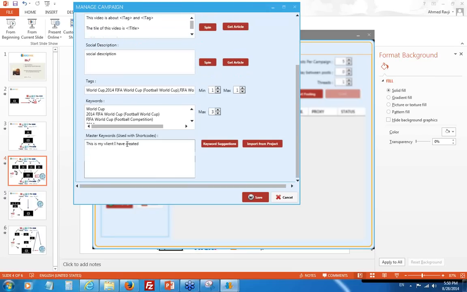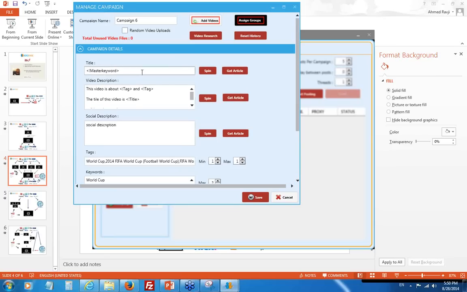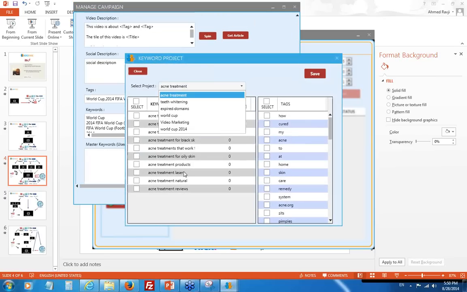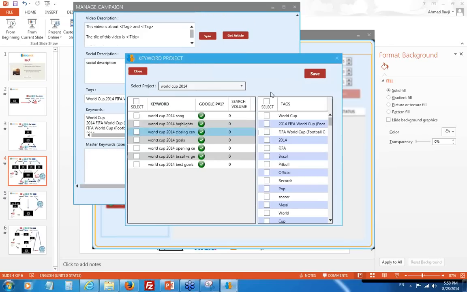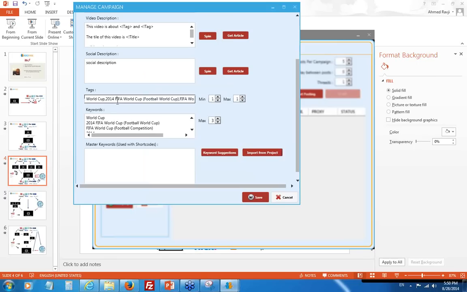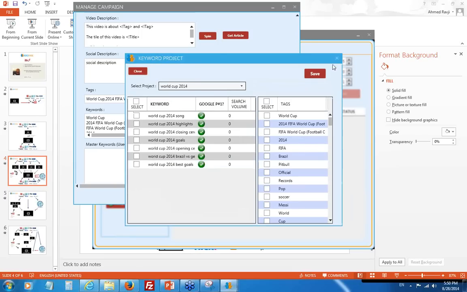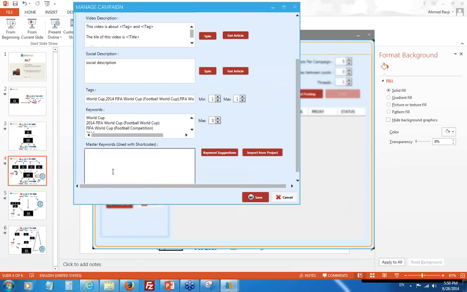But the reason we're adding master keywords, and the reason we've allowed you to use tags and call master keywords with tags, is because it links in with our project. And in our project, we have to put the keywords somewhere. These tags and keywords are actually tags and keywords, but these here are the keywords that we're looking for our videos to rank for. So you can put them in master keywords,